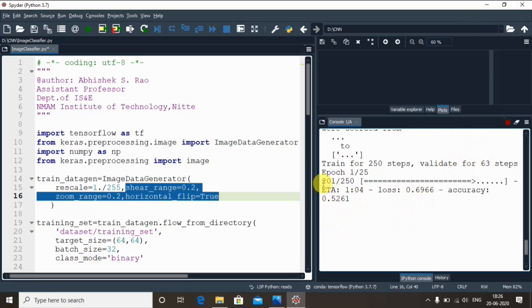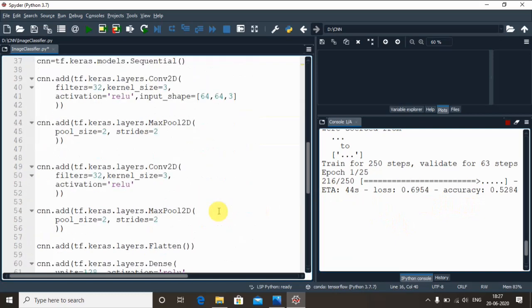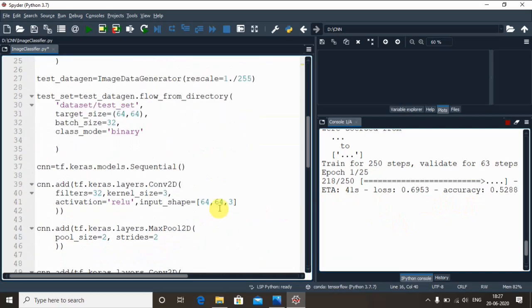We have already reached 200. I think it will take another 1 or 2 minutes to reach 250. All these values are not actually standard. You can change the value for the target size. You can also give 256 cross 256 or 150 cross 150, depending upon the images you select.